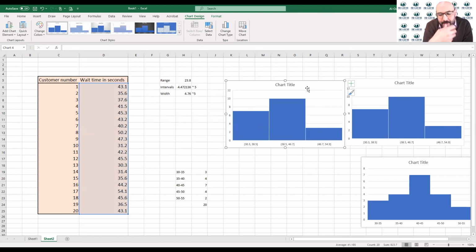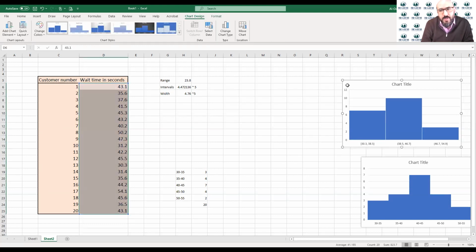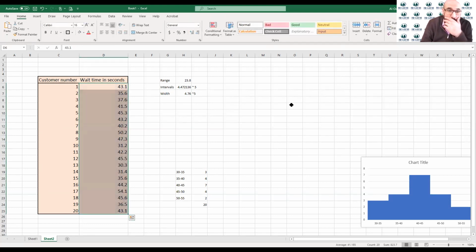So it does not make a lot of sense to me. In this case, the first thing I want you to do is try this. If the chart looks nice and you are able to interpret it, that's fine. You can do that. But for me, I thought this is not a good way to interpret the chart. So I want to use the steps that I shared with you in the slides to create my own